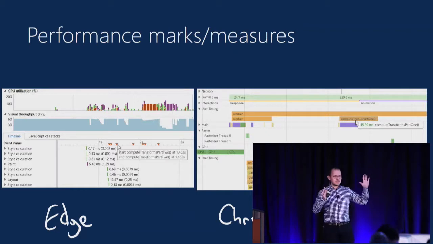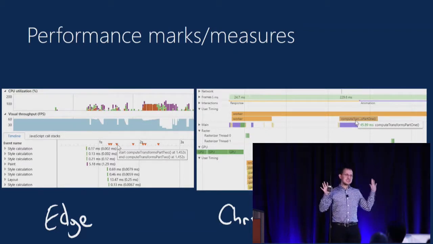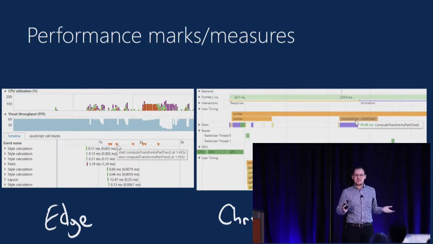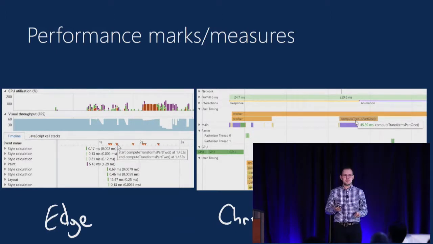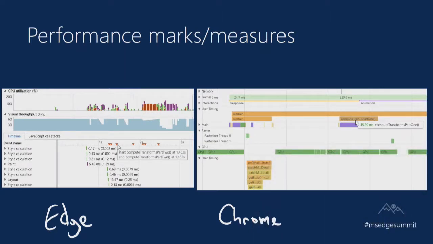You remember that slide I showed about these charts and graphs, it's confusing. I think that's how most of us feel when we open a browser's performance tools, right? So this is the Edge performance tools in F12. This is the Chrome DevTools. It can be bewildering when you first look at this. And the reason for that is because this is the browser telling you in its language